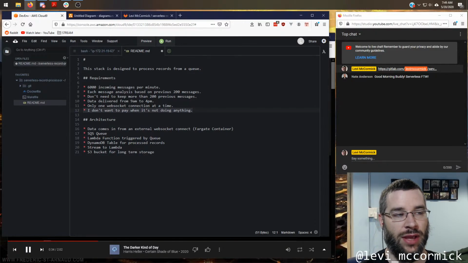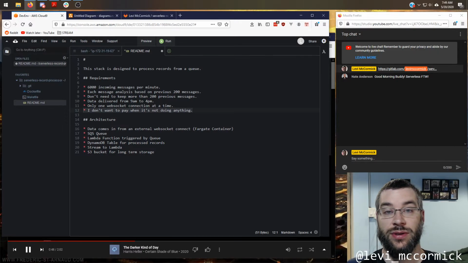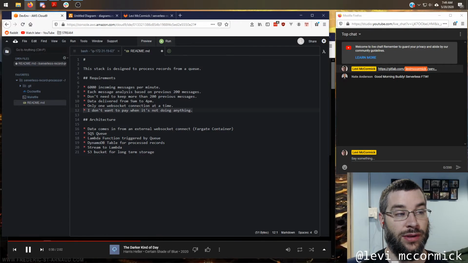I don't like any persistent EC2 instances or VMs or anything in an environment. It actually drives me crazy when I have to stand up a machine to do something when I know 80% of that machine's time is going to be spent idling with no human being looking at it, with that CPU sitting at 1% or lower. It drives me crazy to know that I'm paying for nothing. It bothers me so much.